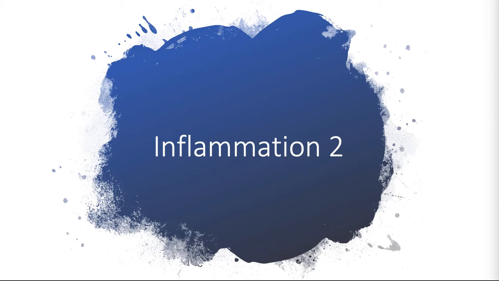Today we will continue the discussion of acute inflammation and we'll have a look at cytokines and chemokines. Cytokines are proteins secreted by many cell types, principally activated by lymphocytes, macrophages, and dendritic cells, but also endothelial, epithelial, and connective tissue cells. Cytokines mediate and regulate immune and inflammatory reactions.